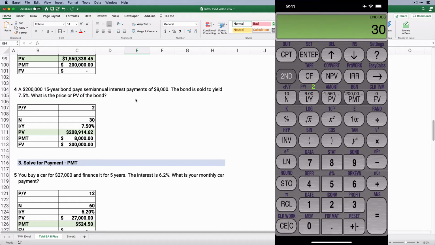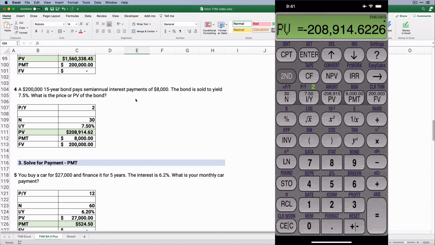I've got 30 as my number of periods, 7.5 is my interest rate, I have $8,000 as my stream of payments, and 200,000 is my future value. So now I've entered everything. I'm going to solve for present value. Compute present value, and it's